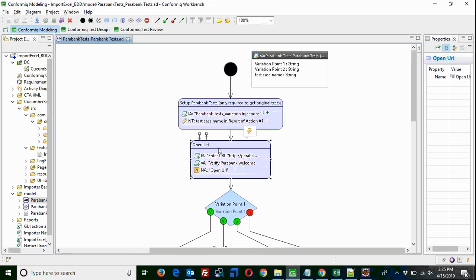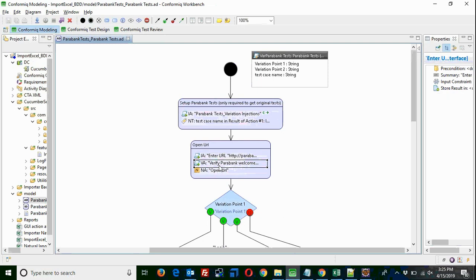In this activity, there are two custom actions. One is an input custom action, another is a verification action or output custom action. The enter URL string with this parameter name is converted to the enter URL custom action. That's why you can see a value has been set with this custom action.